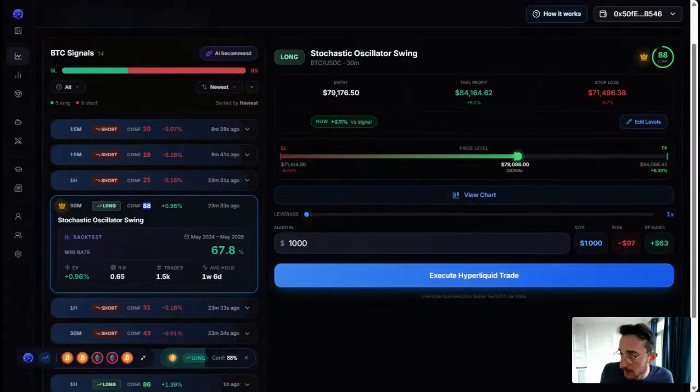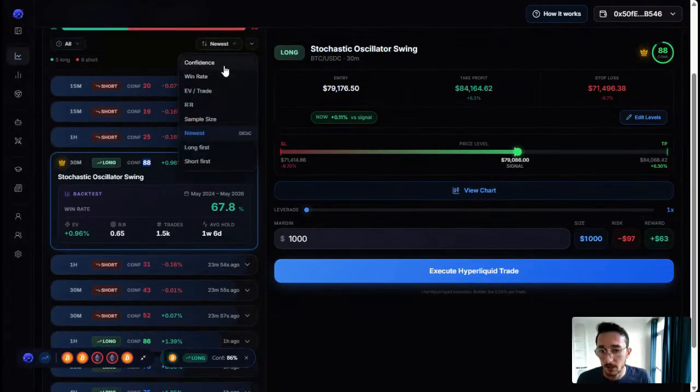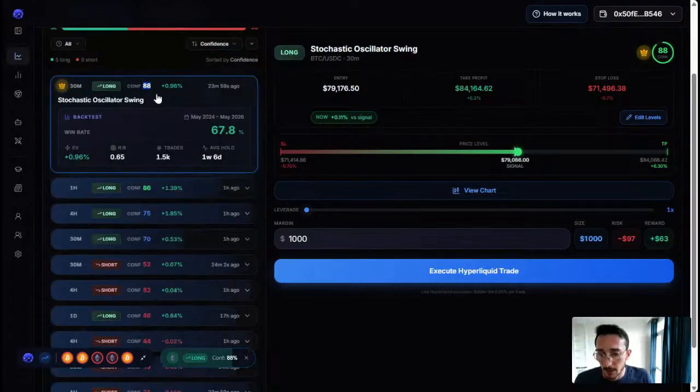I deployed some bots on short strategies because they looked very good on backtest and on paper. I didn't trade them with a lot of size, but I was still too slow, and then I was not profitable because of the fees and all that. So short strategies are very tough when they're only based on technical analysis. And that's why most of our good signals are long. So that's why all the best are long.